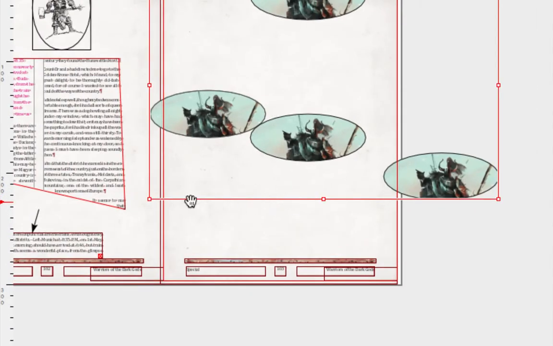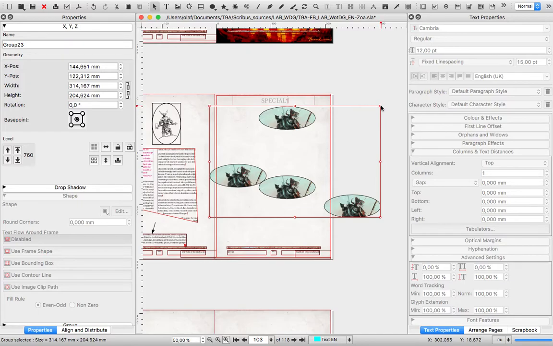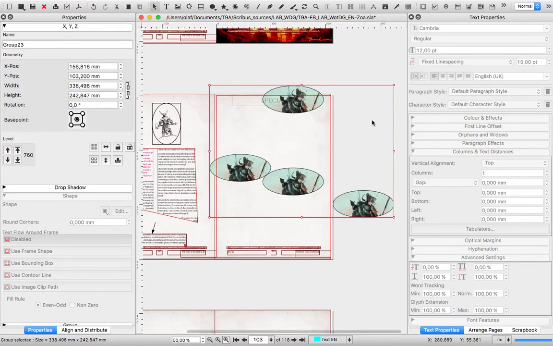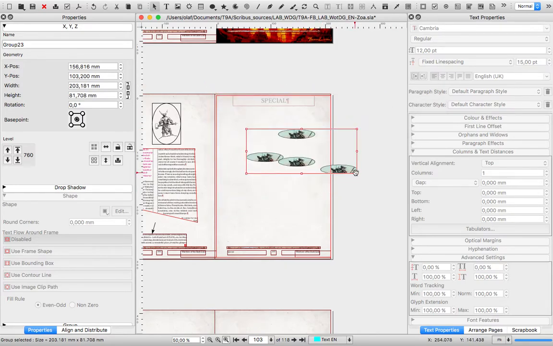We can change the objects' dimensions by dragging their outline, and if you want to keep the same size ratio, remember to press Shift while you drag your mouse. To ungroup our objects, just click the Ungroup button on the Properties palette.